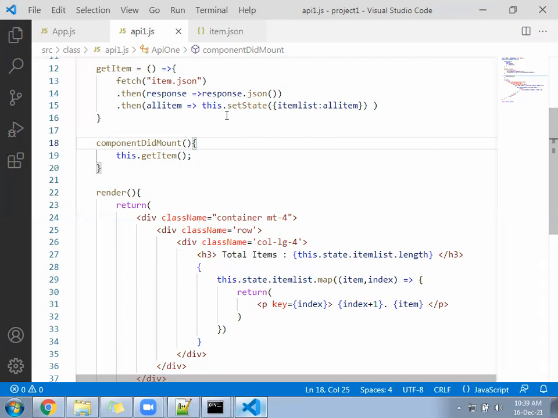API one dot JS. After this, API one dot.